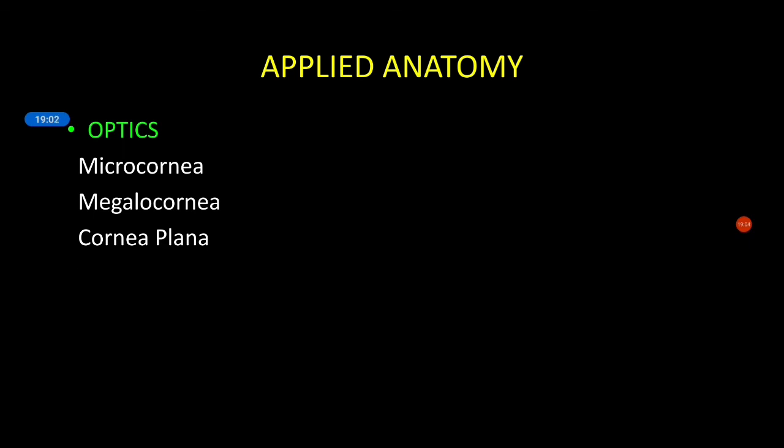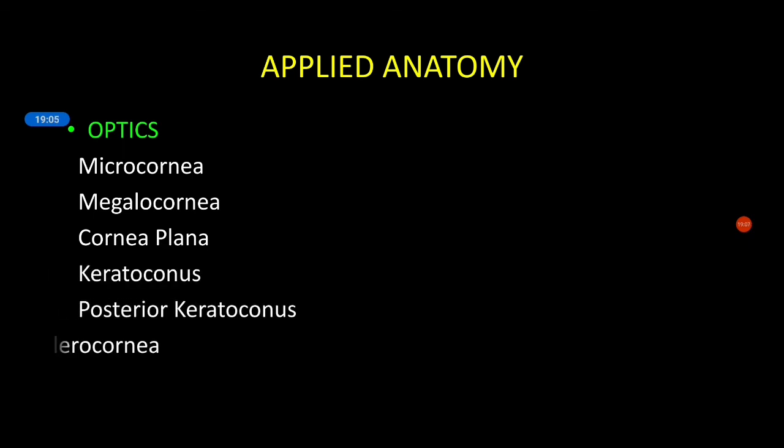Now a few words about the applied anatomy of the cornea. Its optics are important with regard to microcornea, megalocornea, cornea plana, keratoconus, posterior keratoconus, sclerocornea,